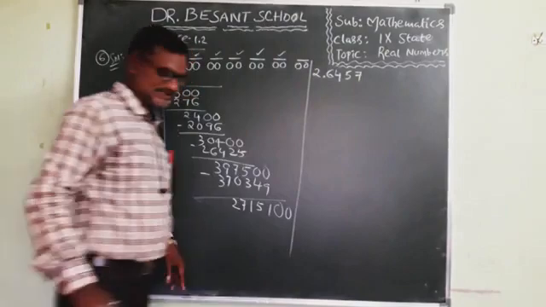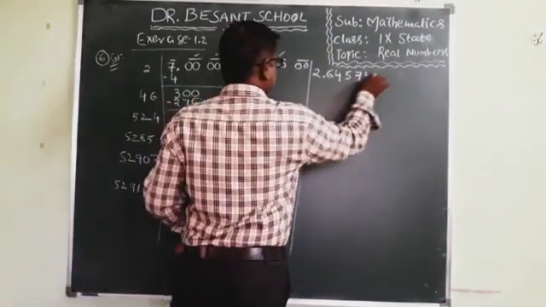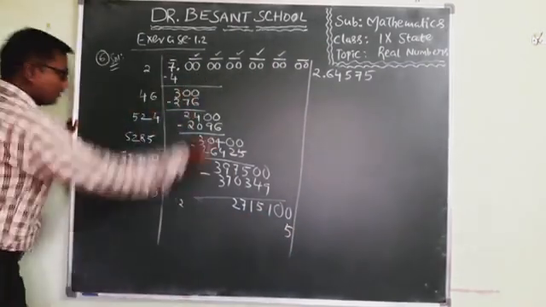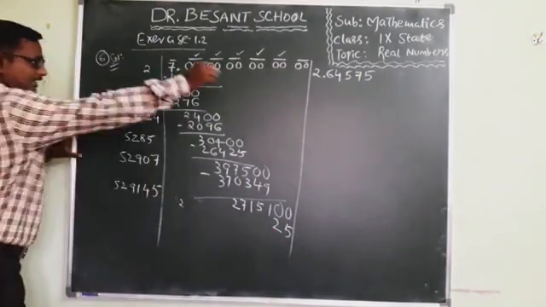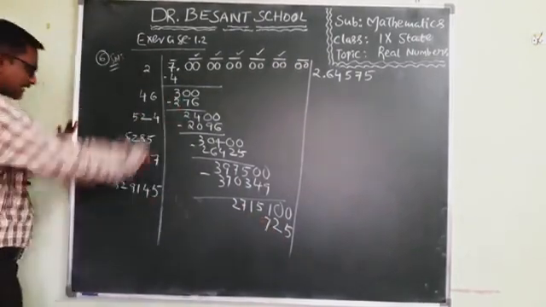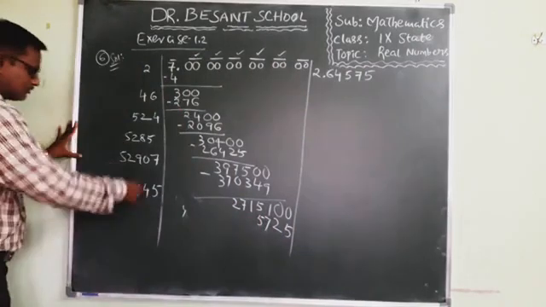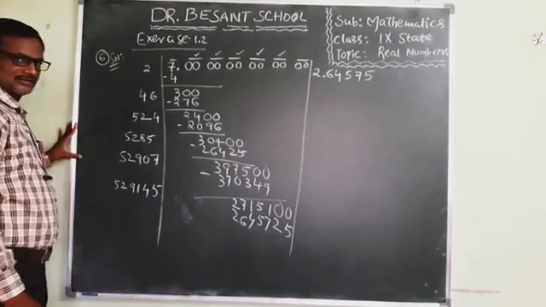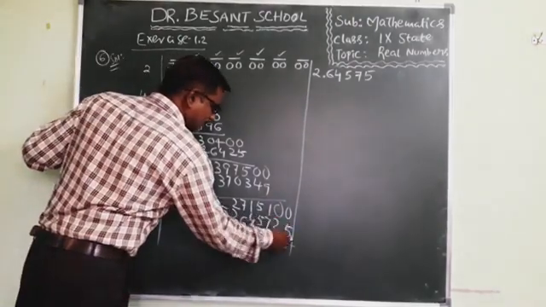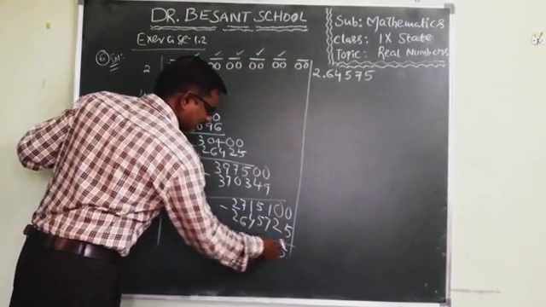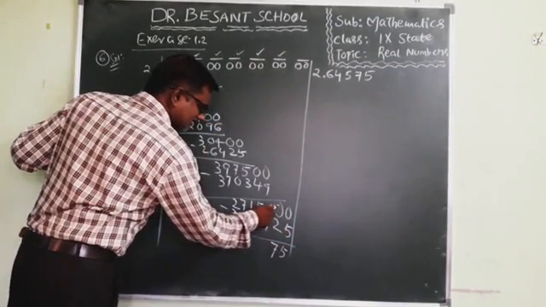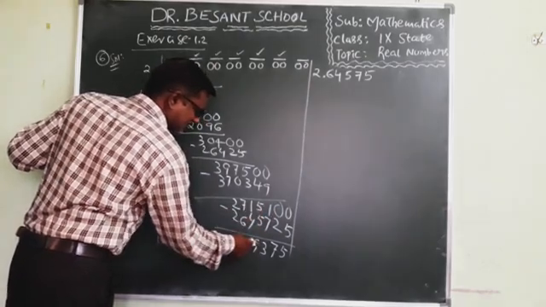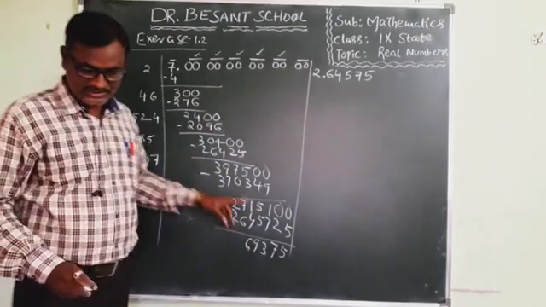Again observe. By what should we multiply on both sides? 5. Again 5, verify. 5 5s are 25. 5 4s are 20 plus 2, 22. 2. Again 5 1s are 5 plus 2, 7. Again 5 9s are 45. 5 4. Again 5 2s are 10 plus 4, 14. 1. 5 5s are 25 plus 1, 26. Okay, children. Yes, minus. Again 1 borrow. 10 minus 5, 5. 9 minus 2, 7. Again 0 will be there. 1 borrow. Yes, 10 minus 7, 3. 4 will be there. 1 borrow. 14 minus 5, 9. 0 will be there. 4 plus 6, 9. 6, 9, 3, 7, 5.